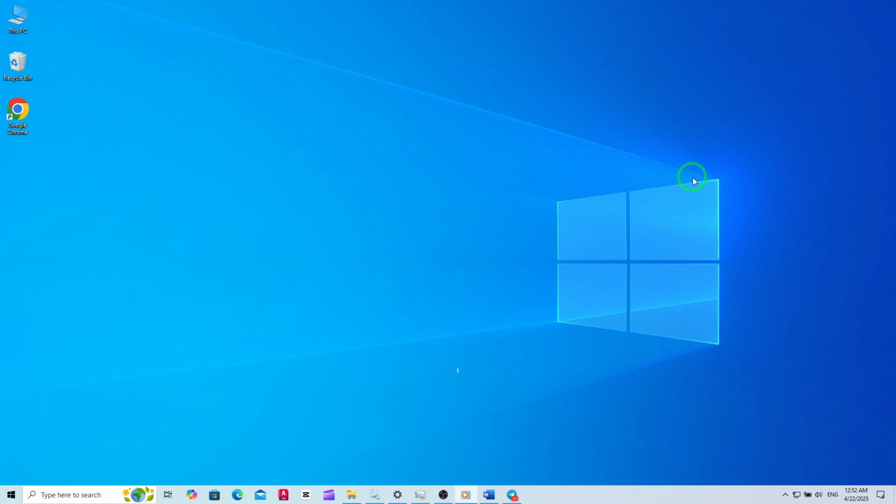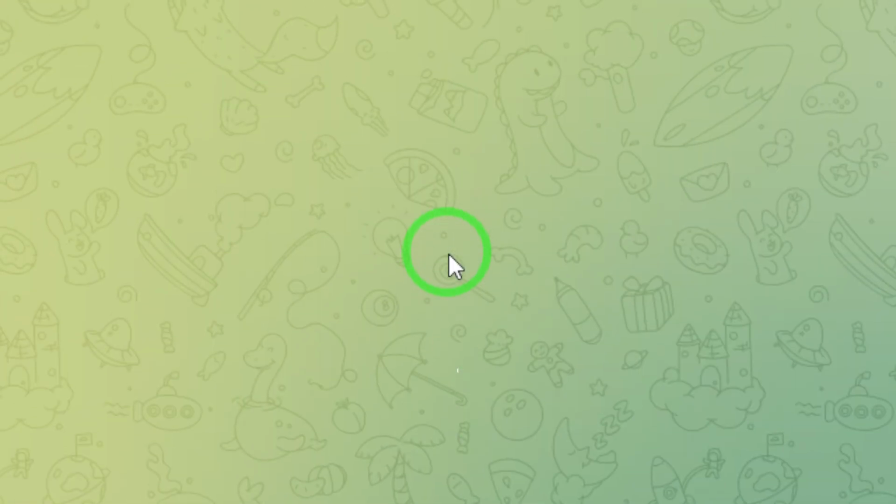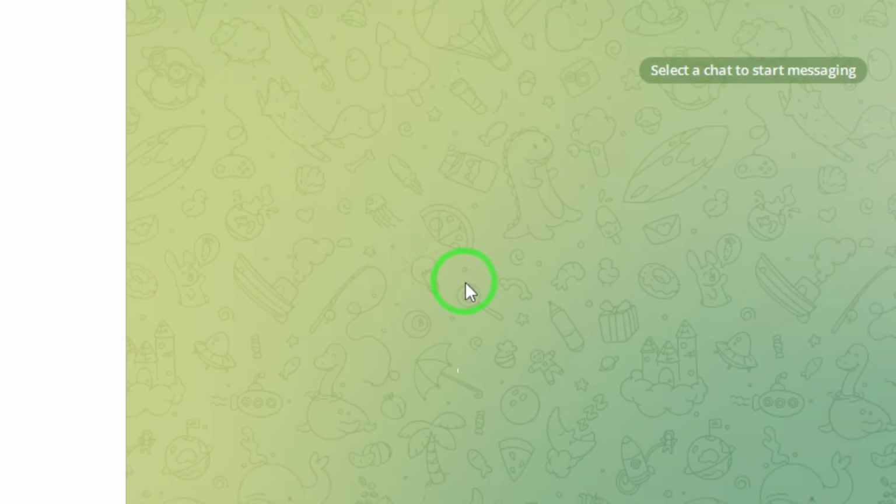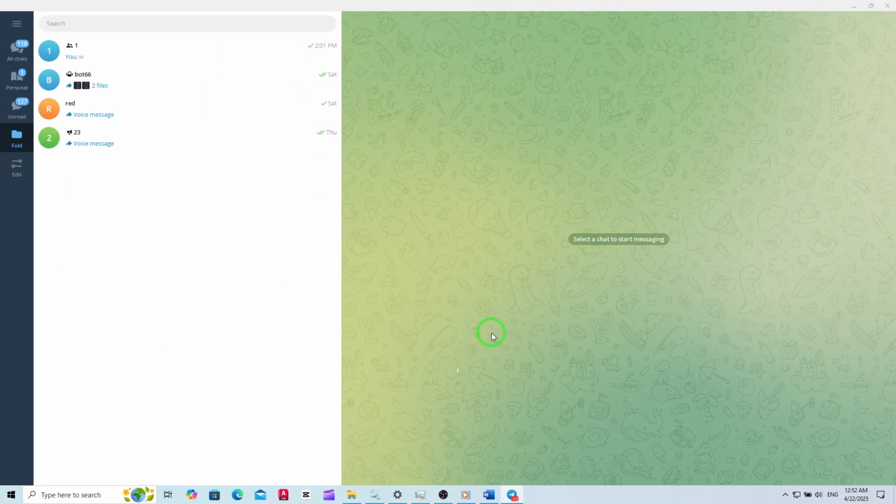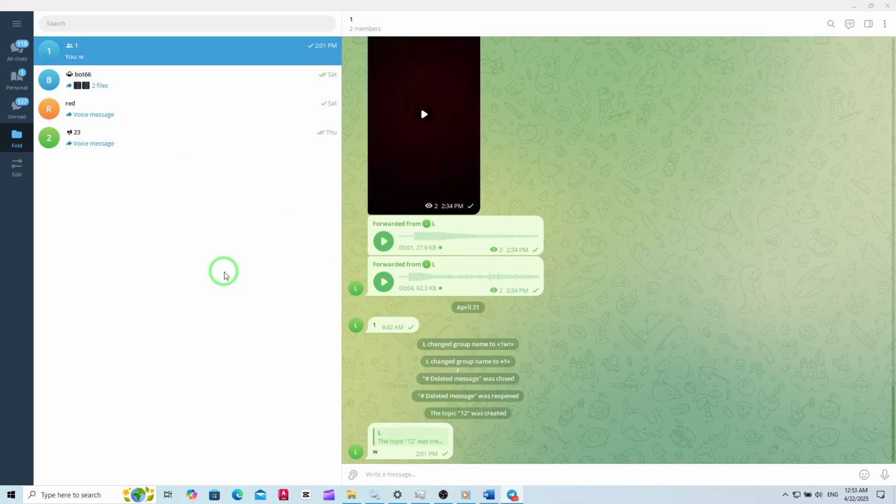Start by opening the Telegram app on your PC. Make sure you're logged in and using the latest version so you have access to all the newest features and settings. Next, from your chat list, find and open the group where you're an admin. Only admins have the ability to change or delete the group description,